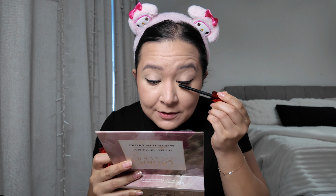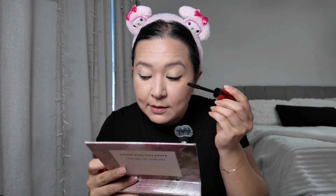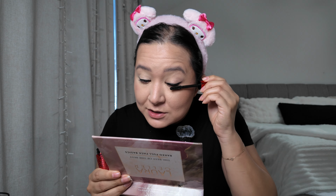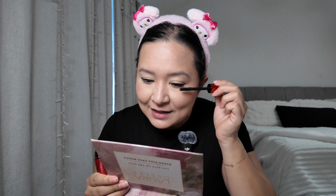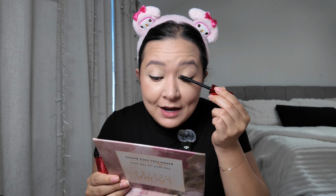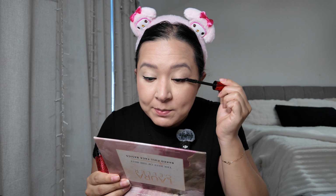And then let me do one of my eyes so you guys can see a before and after of this mascara. This is the One Size Fantasize mascara, and I wouldn't have tried this if Sephora wasn't giving you a bunch of mascaras with your purchase. So I got to try a few different ones. They gave me this one in a mini size, and I was like, whatever, I wasn't even gonna try them, but since I saw the One Size, I was like, well, I have to try it. I've always loved his products, so I tried it. And I literally fell in love. I've already bought this mascara twice,